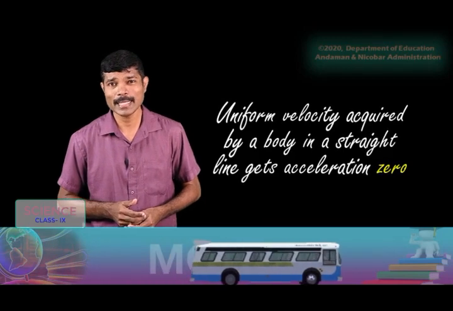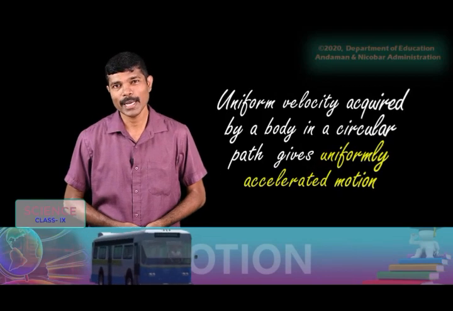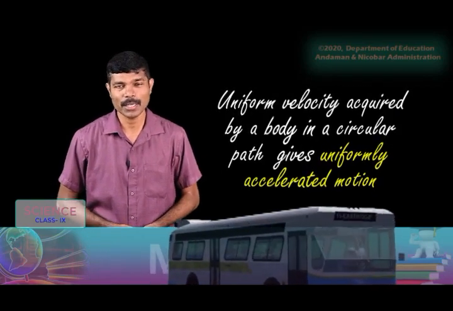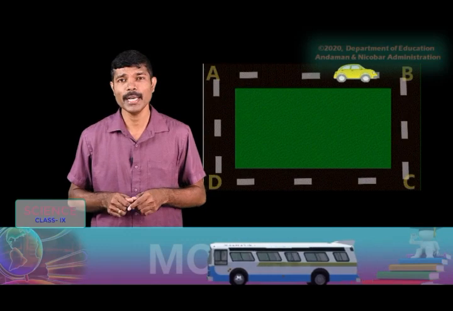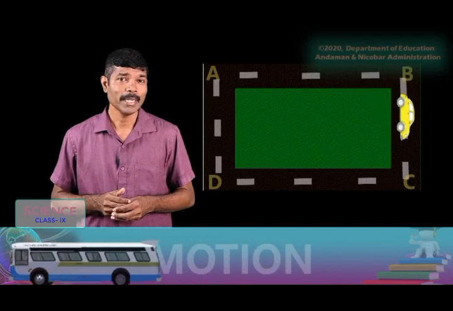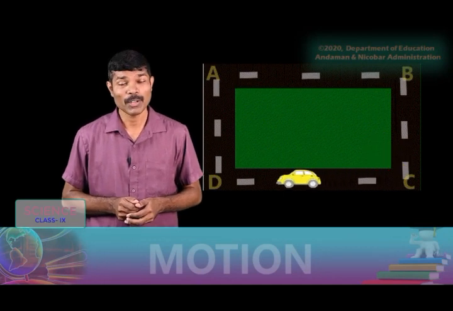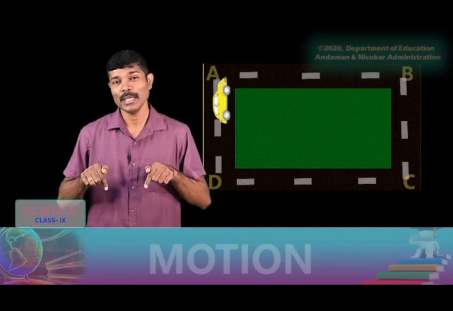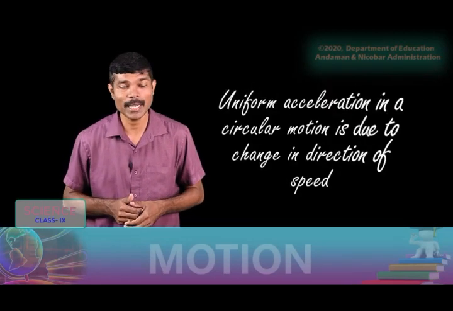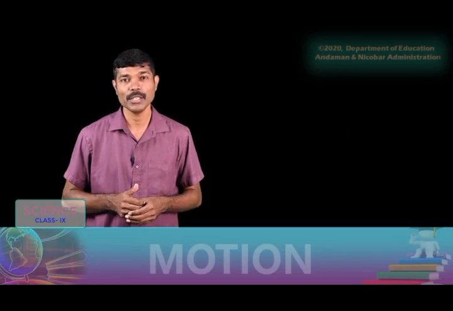So what will be the acceleration? Here in this case the acceleration will be 0. We know that a body is said to be accelerating when there is a change in velocity. Here in this case you can see that the change in velocity is 0. That means at each interval of time the speed, or the velocity, is the same. So the change in velocity is 0. So the motion which you have seen below on the screen is uniform and the acceleration is 0.